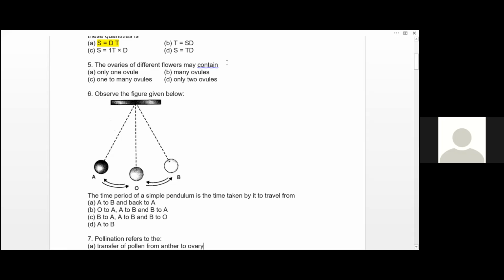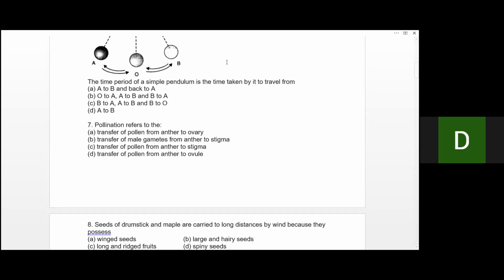Yes, ma'am. Excuse me, ma'am. Option A: from A it would come to O. Ma'am, it is not mentioned there. It would not go straight to B, but it will be passing through O only. O is the center position. So no issues, we can consider B option: O to A to B, B to A again. First of all, the pendulum is at rest at the O position, then you take it to A. Then we continue with the next part.